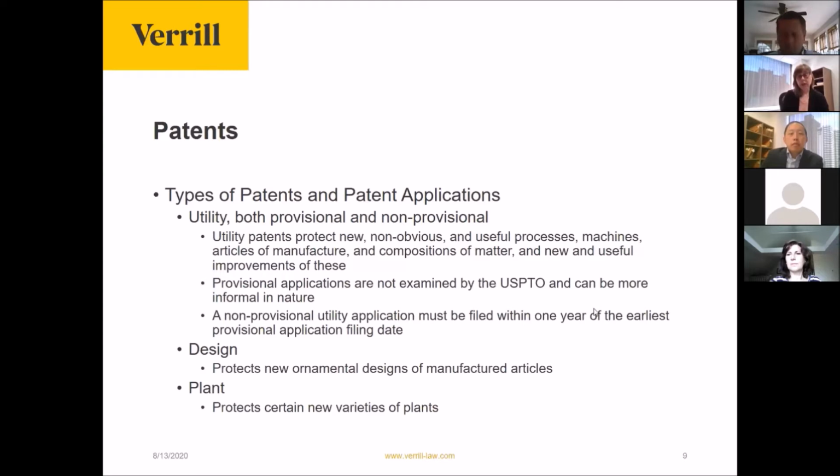Also, in the US, if you file only a US patent application, non-provisional application, you can request that it not be published at 18 months from the earliest filing date. That can only be done if you are foregoing any other foreign applications, however, and it needs to be requested when you file the application. So that can sometimes be a strategy for companies that only want to patent in the US, not necessarily for companies that are foreign-based, however. Some further aspects of patent protection on the next slide.